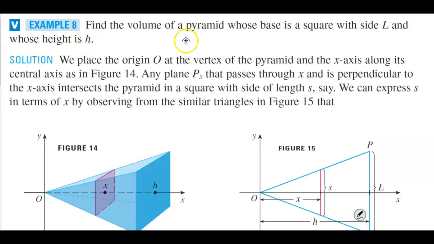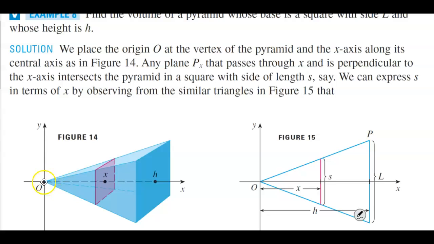In example 8, we want to find the volume of a pyramid whose base is a square with side L and whose height is h. Now, if we place the origin O at the vertex of the pyramid and the x-axis along its central axis, as in this figure, then any plane P subscript x that passes through x and is perpendicular to the x-axis intersects the pyramid in a square with side of length s,